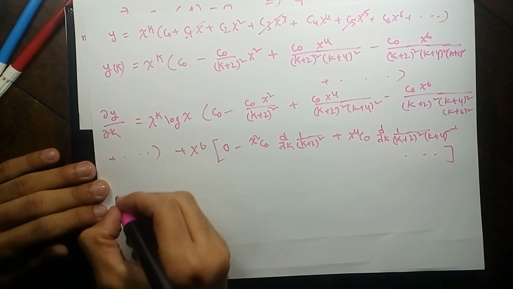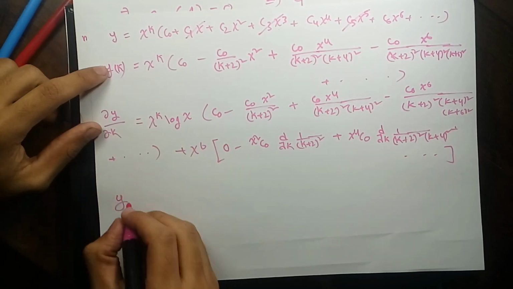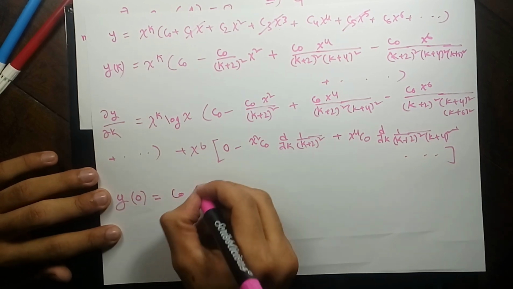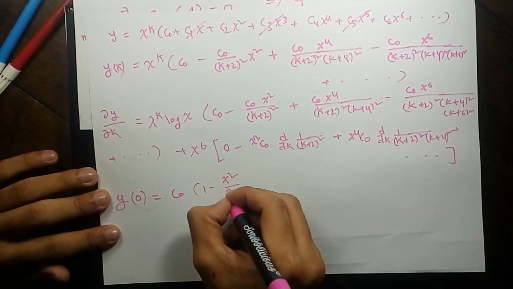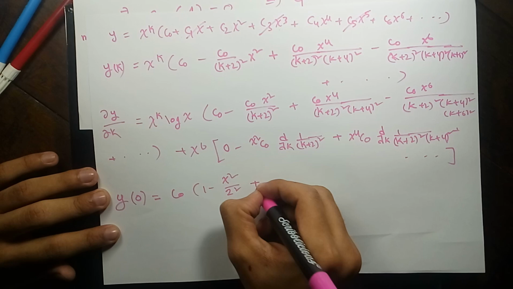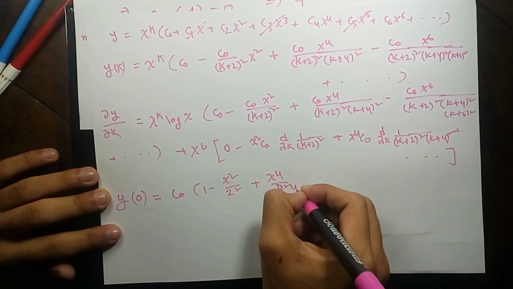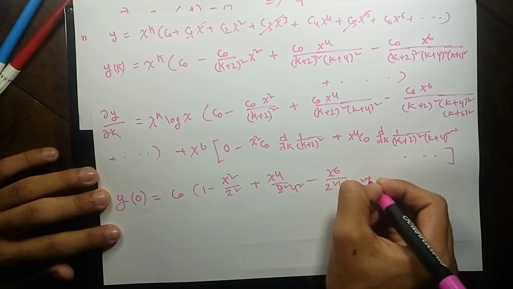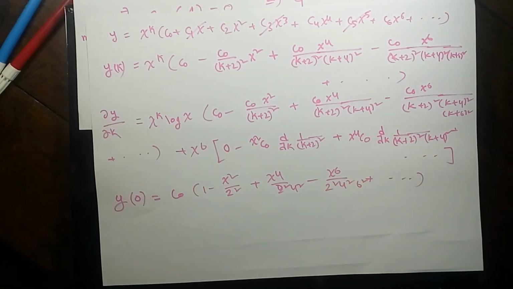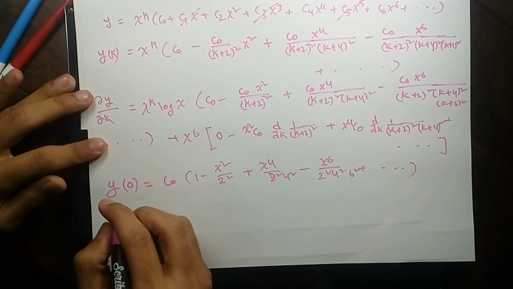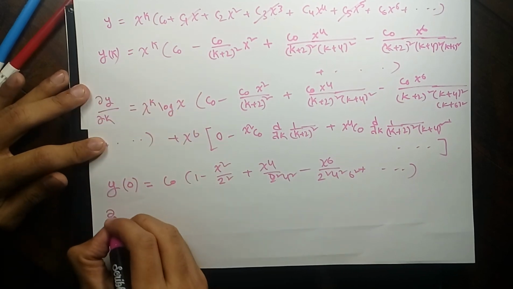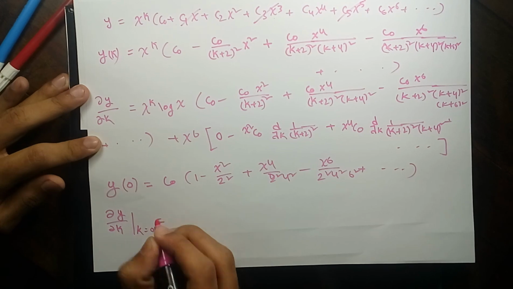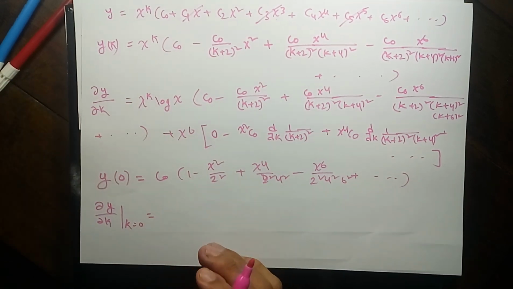So first find out, put k equal to 0 in this solution, and you will find that it equals c0 (1 - x²/2² + x⁴/(2²4²) - x⁶/(2²4²6²) + and so on). And then you have to put k equal to 0 in this equation, ∂y/∂k, and put k equal to 0, and that turns out to be